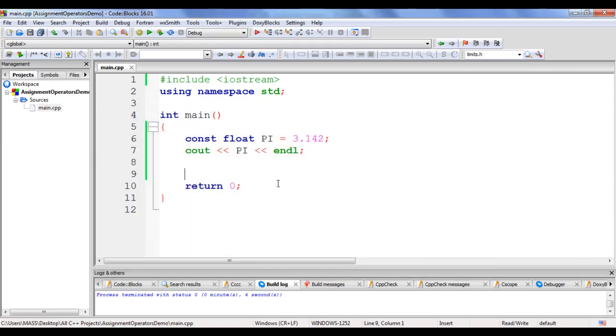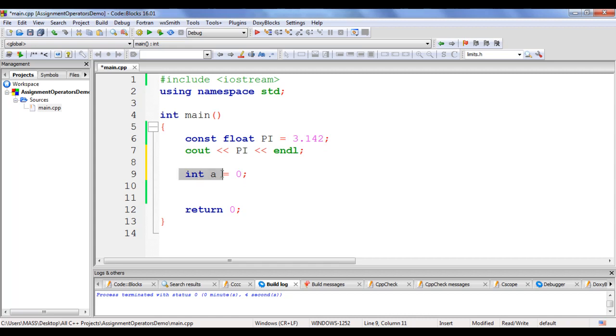Now what if I want to create a variable, guys? To create a variable, what we do? We write the data type. I say here int. We write the variable name. I write the variable name a. Then I initialize it with the value 0, guys. Equal to symbol indicates assignment operator. It is used to assign a value to a variable or a constant, guys.